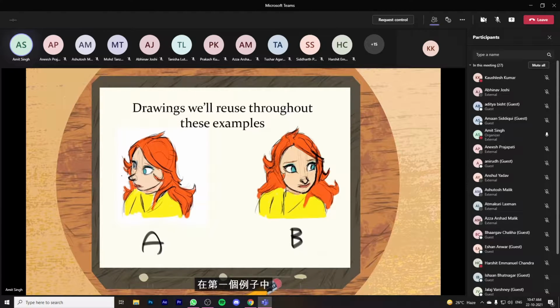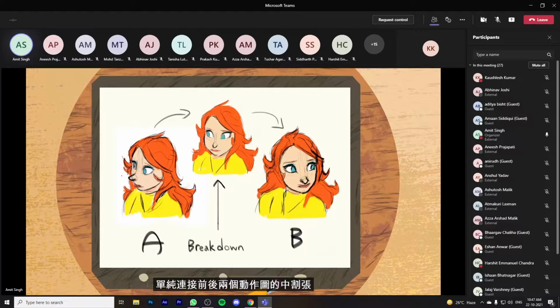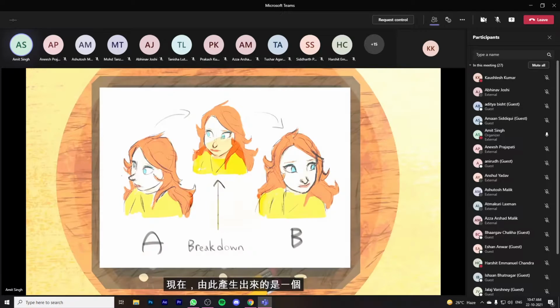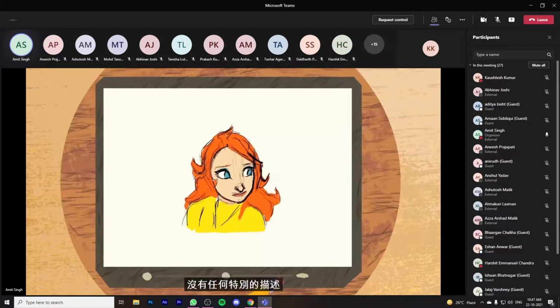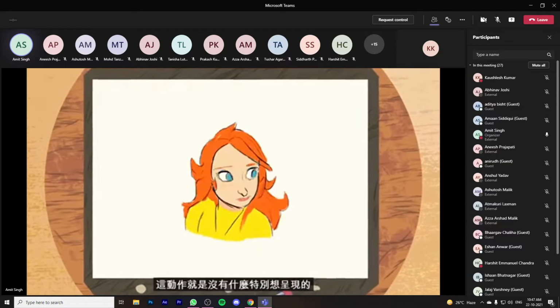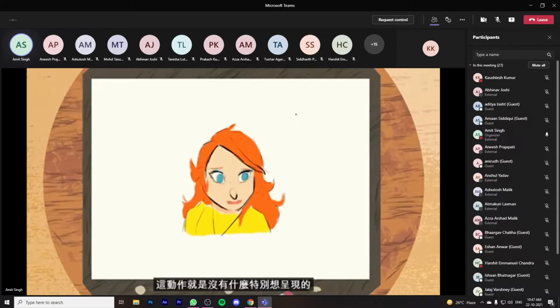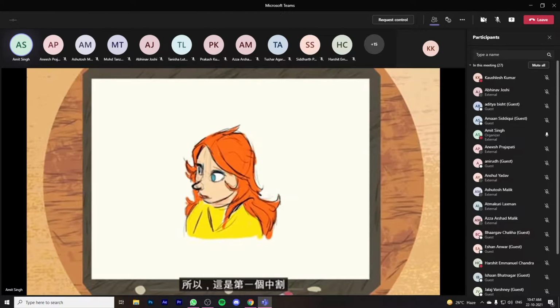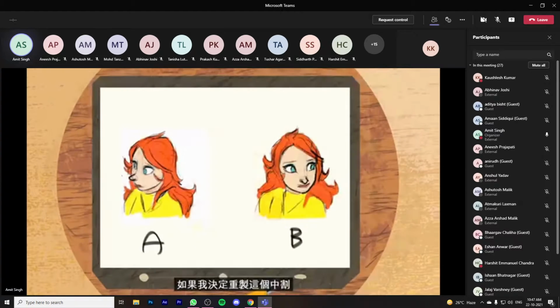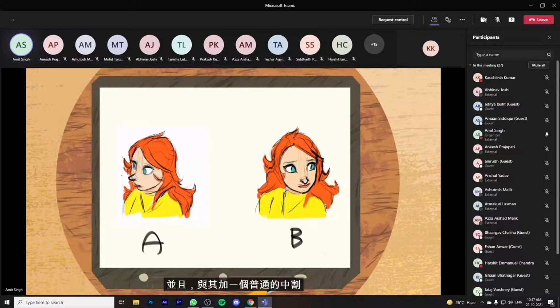For my first example, I could simply make a breakdown that bridges our key poses. Now, what we get is a simple in-between. There's nothing special about it, nothing unique. There's just nothing specific about it. So that's one breakdown. Now, what if I decided to redo this breakdown, and instead of just a normal in-between,